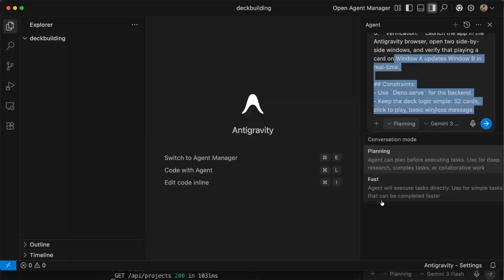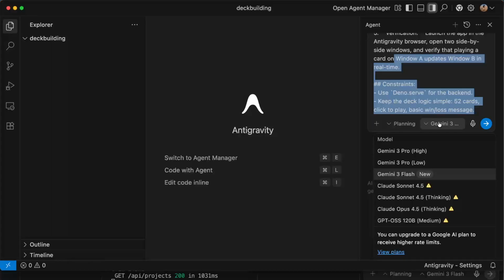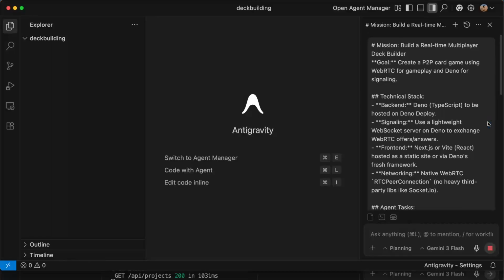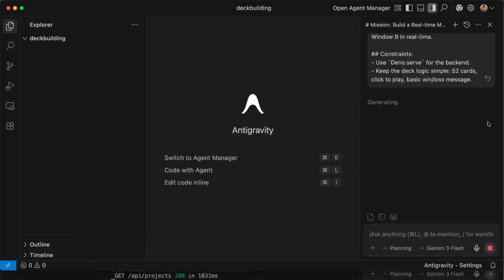This is a simple task that can be completed faster. Or we can choose for planning, and here we can choose our models. See, I used Claude a lot, so now I need to go towards Gemini. Gemini 3 Flash is really fast, so I really like that model. So let's send it out and see what happens.